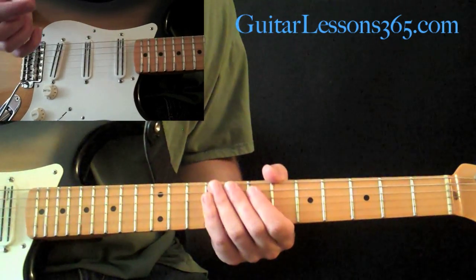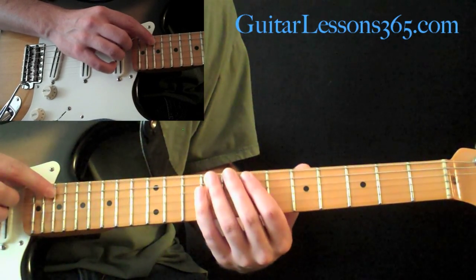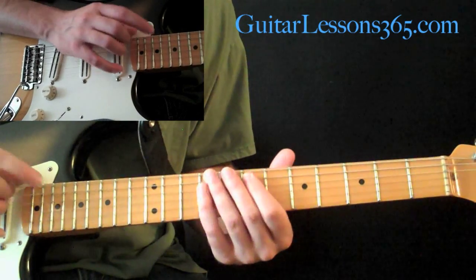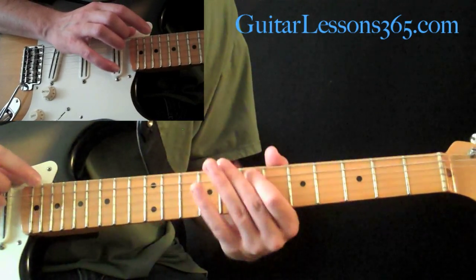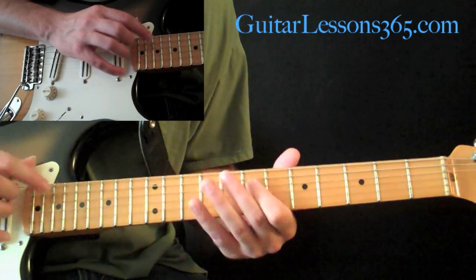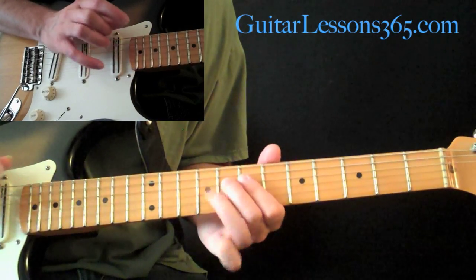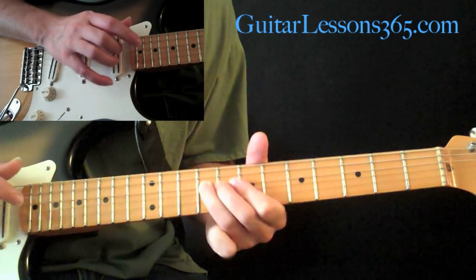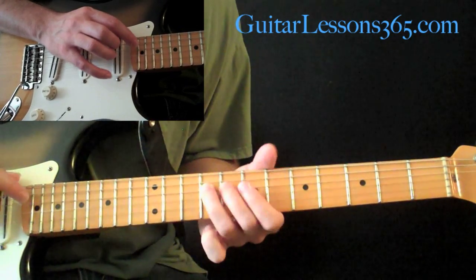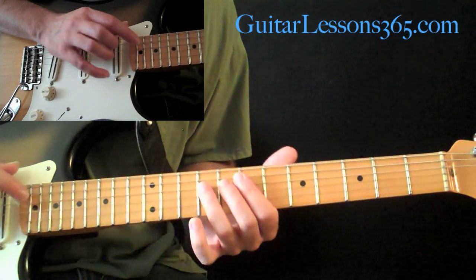And now you can do pretty much the exact same lick, just strings down, starting on the A string. Same frets. So we got this. Then we have this phrase. So that is tapping the 9, pulling off to 8, then tapping 9 again,